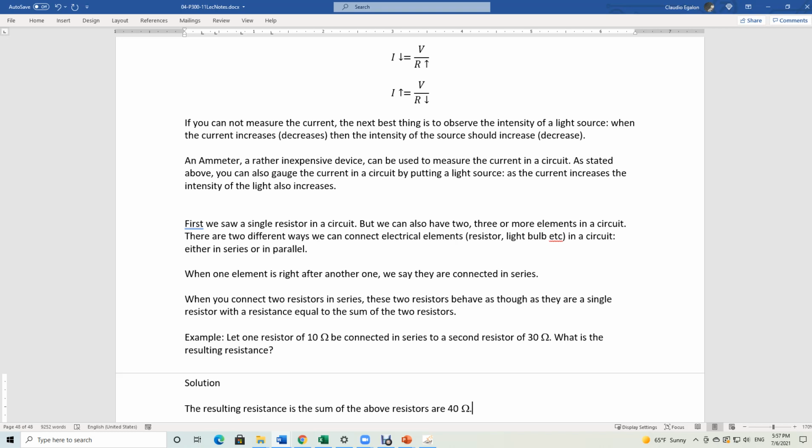So right now, those two resistors are behaving as though they are a single resistor that has a resistance value that's the sum of those two, the resistance of those two elements. Okay,